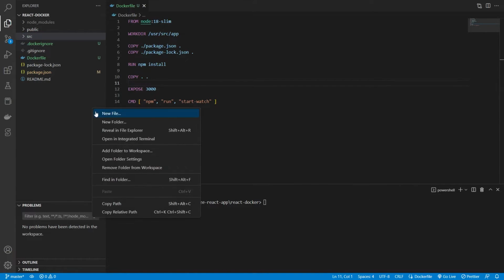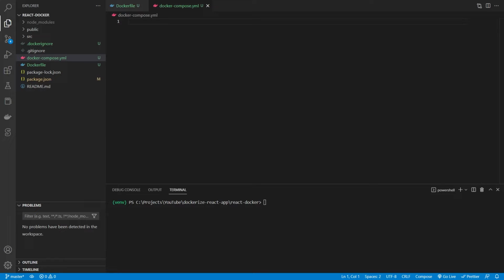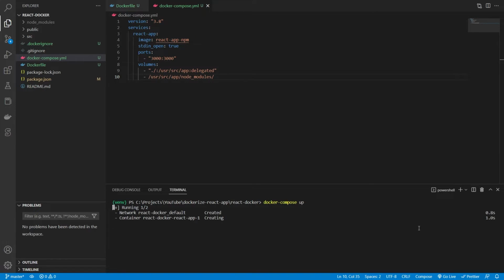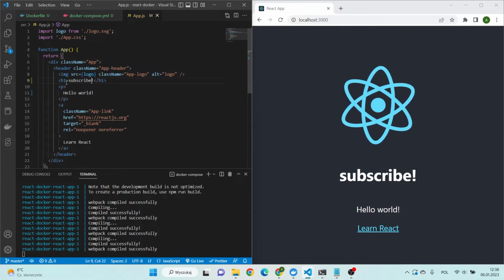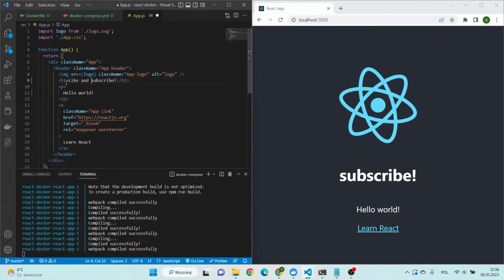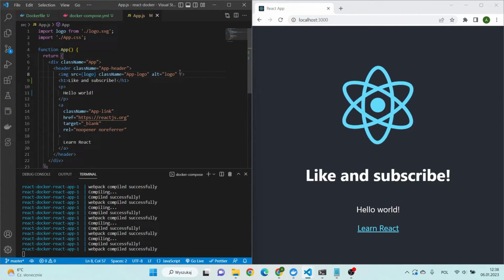To make your life easier, you can use Docker Compose, which is especially useful when working with multiple containers. You define the startup options in docker-compose.yaml and you run it with docker compose up. As you can see, we can use live reload, but there is a slight delay. This might be fine for you, however, if you want a better developer experience overall, I recommend switching from Create